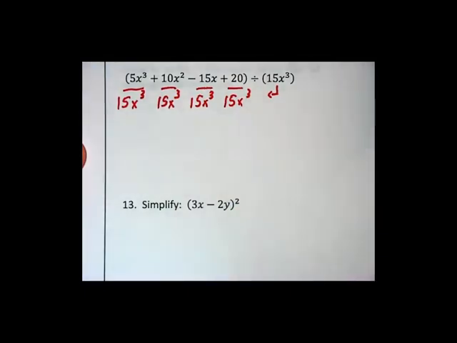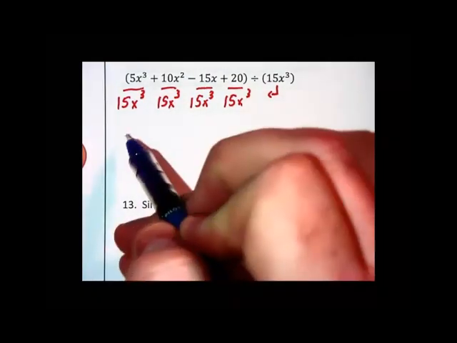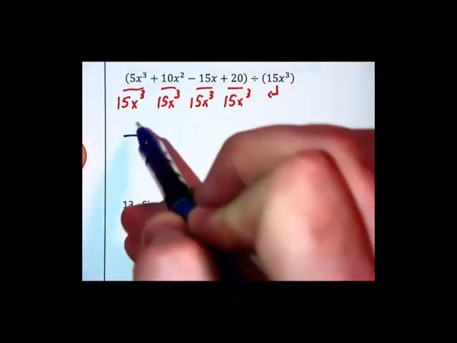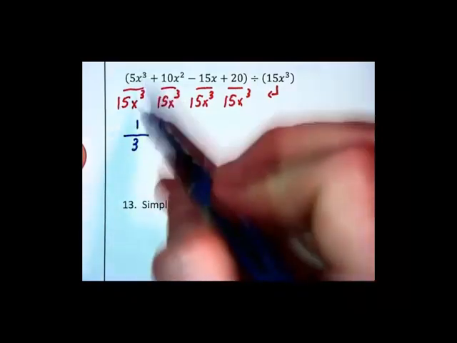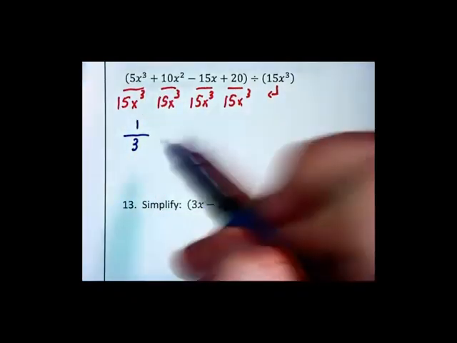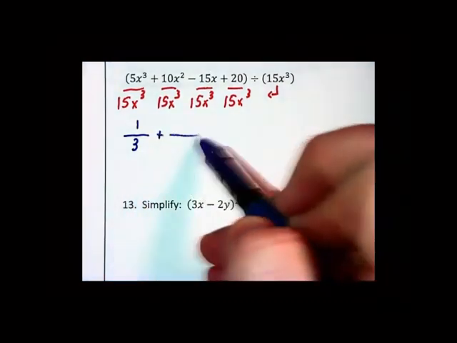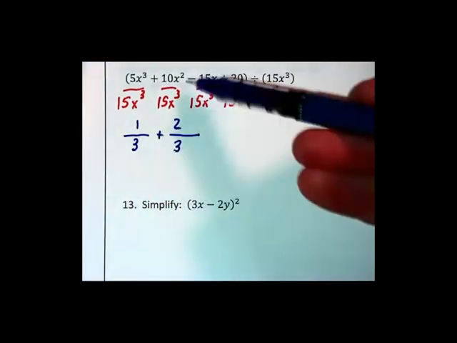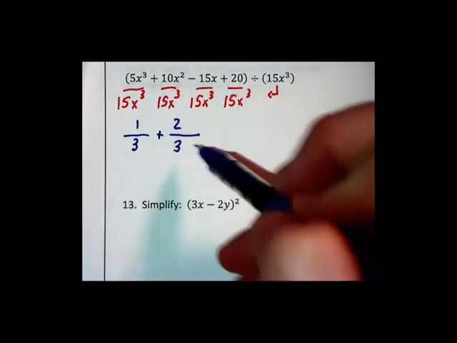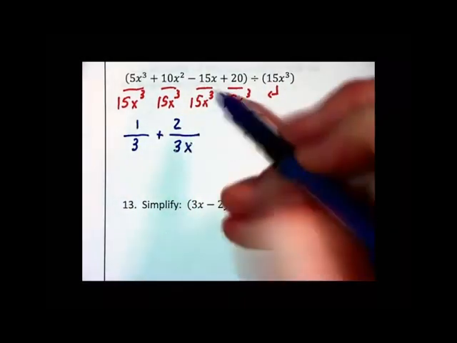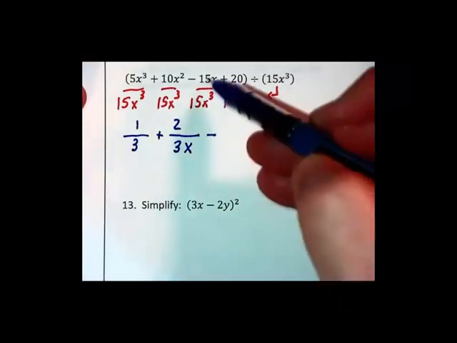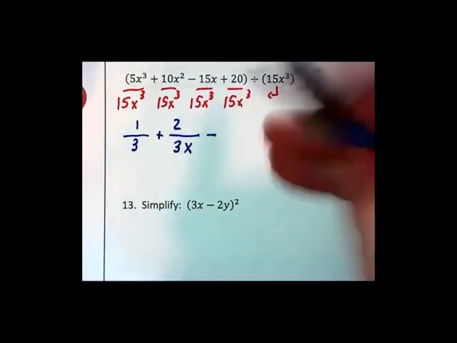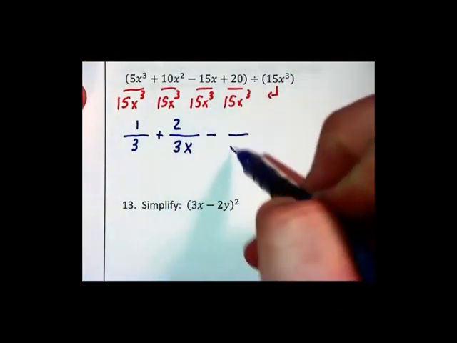In the first fraction, the 5 and the 15 reduce to 1/3, and the x to the thirds cancel out. In the second fraction, 10 over 15 reduces to 2/3, and when we cancel, we notice there's an extra x in the denominator. Minus, the 15s will cancel, and there's an extra 2 x's in the denominator,